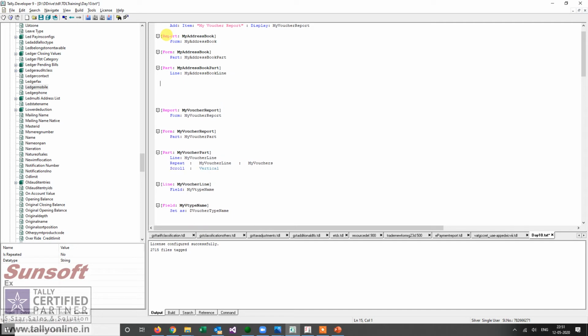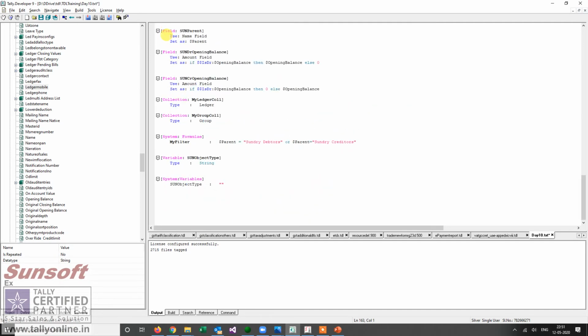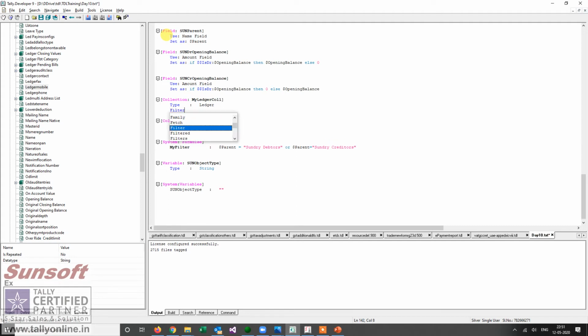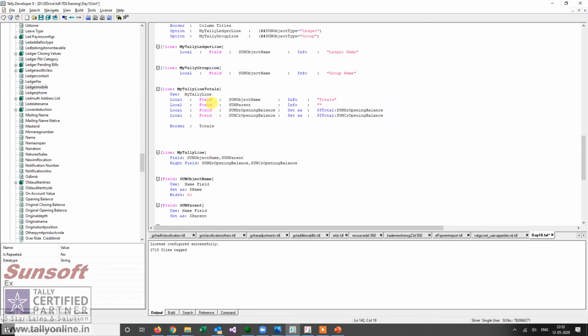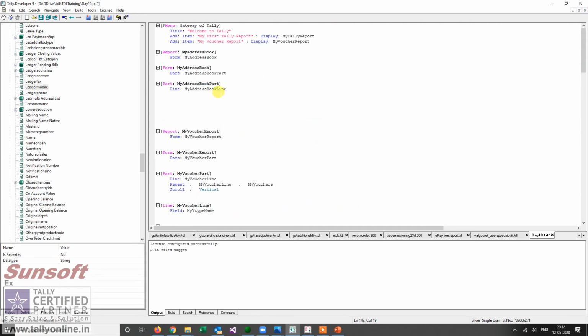Here I had a filter of ledgers, and I put this filter here since either a debtor or a creditor is going to have an address. I'll use my ledger collection only for this address book. So I say repeat here.